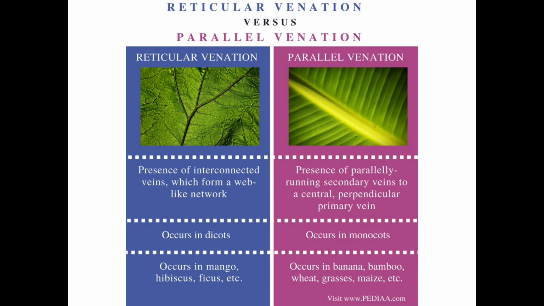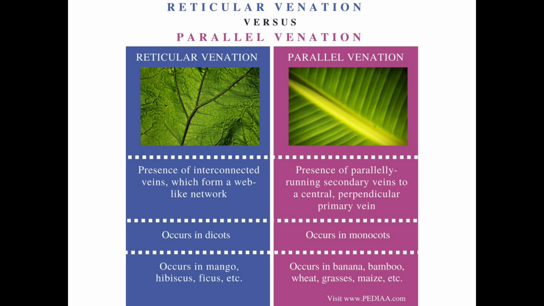Now we'll discuss venation. What is venation? Venation of leaves is mainly of two types. The arrangement of veins and veinlets in a leaf blade is called venation. There are two types of it, parallel venation and reticulate venation. In parallel venation, the veins are arranged in parallel rows within the leaf. Example, banana. And in reticulate venation, the veins are irregularly branched, forming a network.